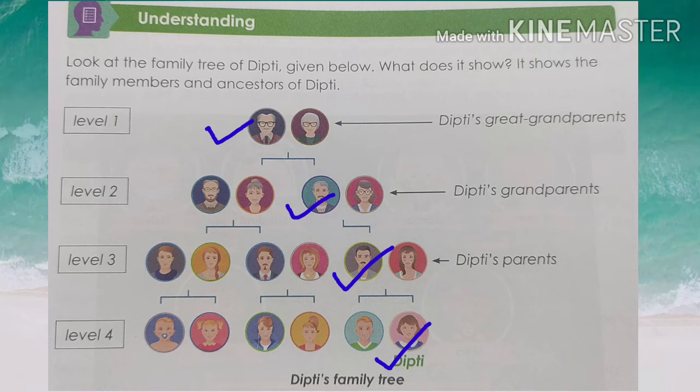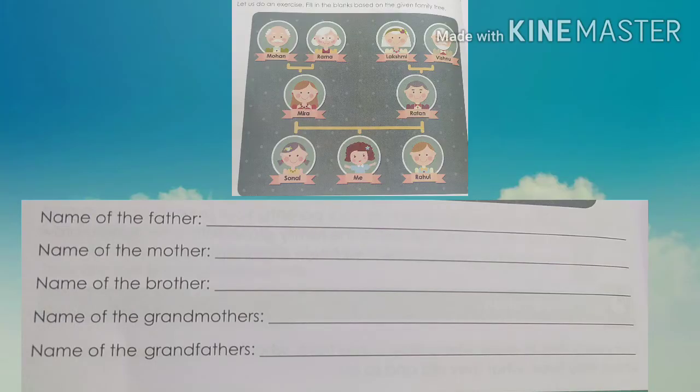After that, we have to see our next point, that is application. Everybody likes to know where they came from, who their ancestors were, where they lived, what they did, and so on. A family tree helps children to know about their grandparents. They also come to know about their ancestors. Suppose you find a family tree made by your grandfather when he was your age. What can you learn from it?